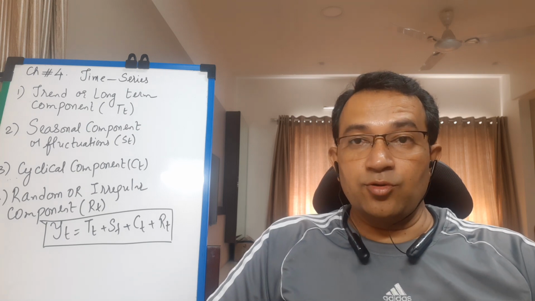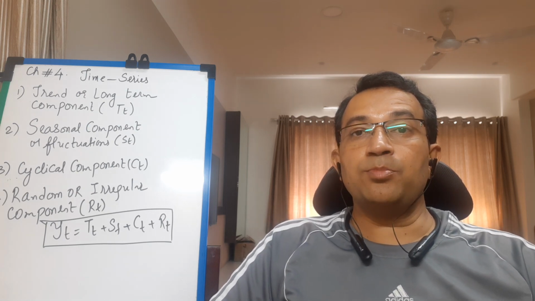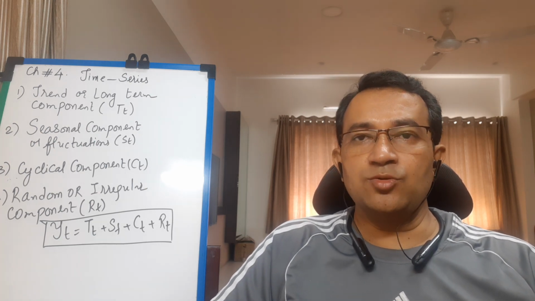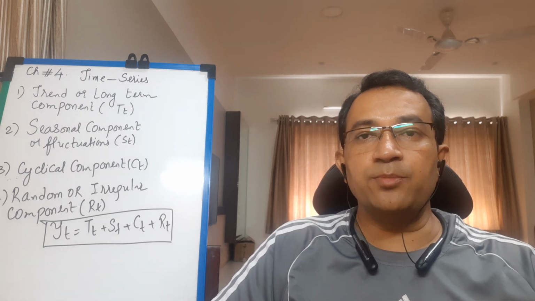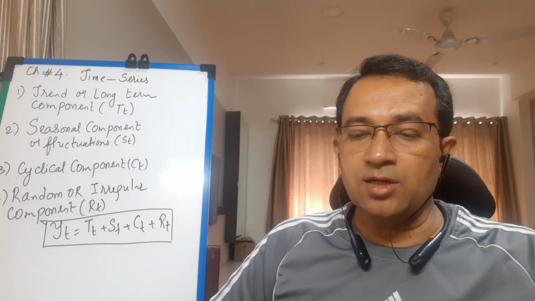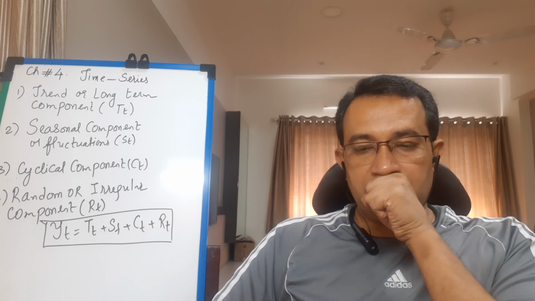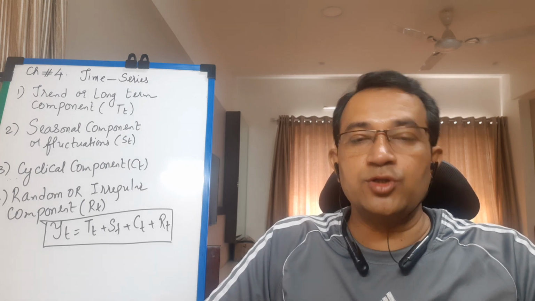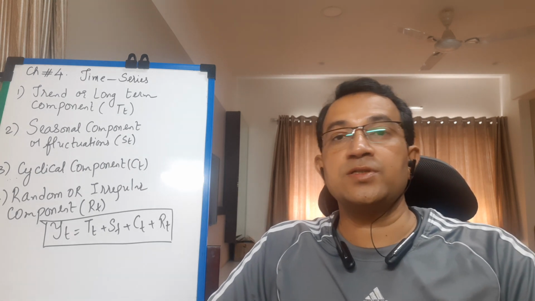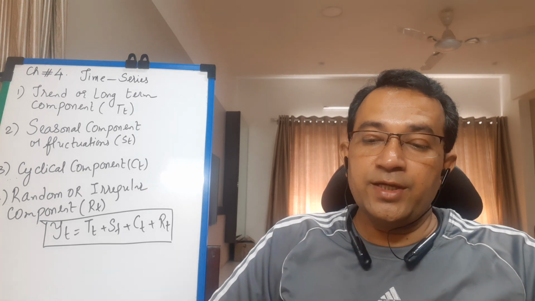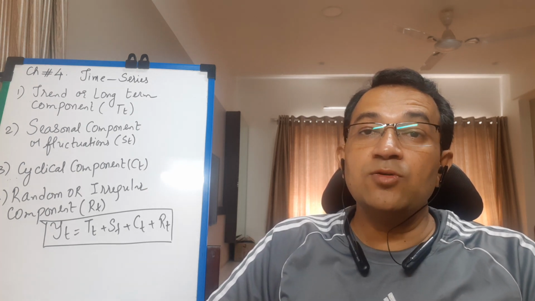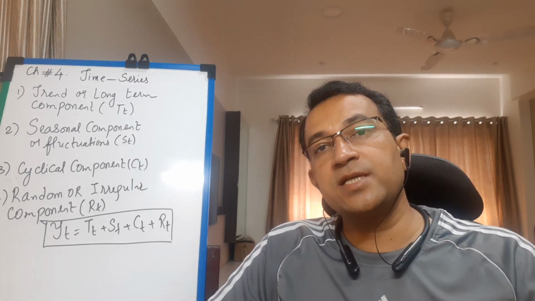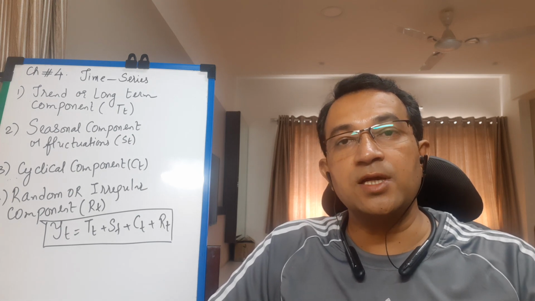Now the second component, students, is seasonal component. Now the word seasonal, in economics, you might have studied seasonal and cyclical unemployments. Now what is seasonal component, students? The variations occurring in time series almost regularly over a short period of time is the effect of seasonal component. Variations occurring almost regularly, say variations are constant for a particular season, again for the next year in the same season same type of variations are obtained.